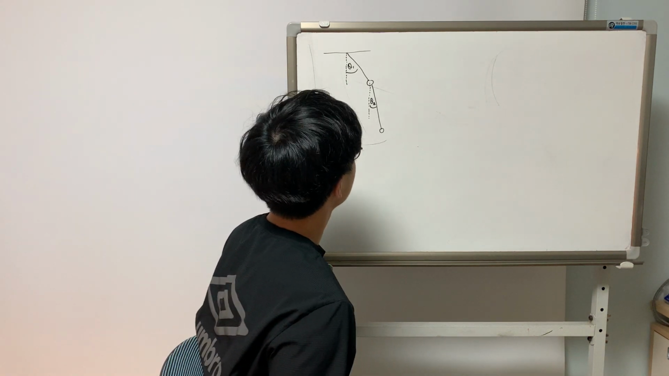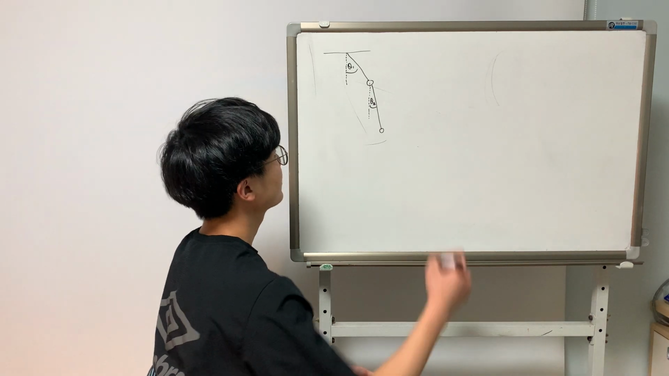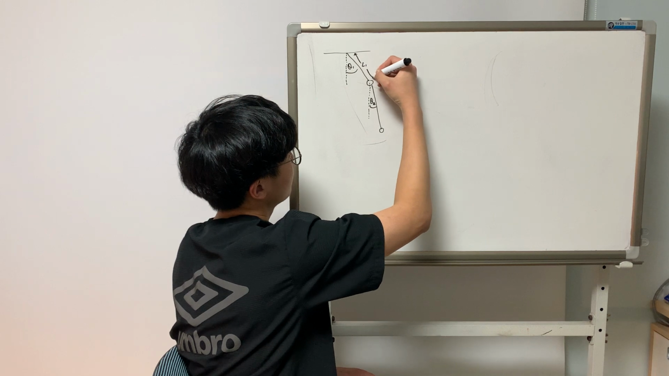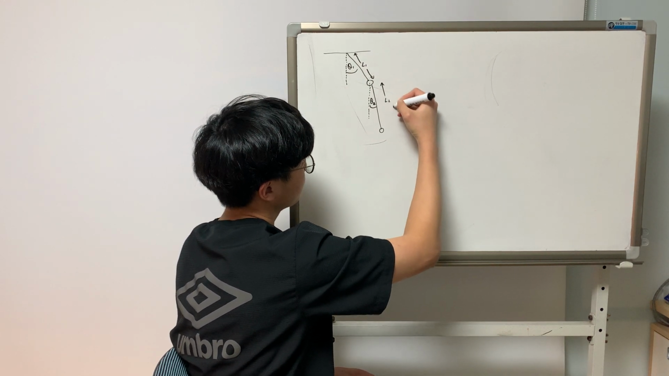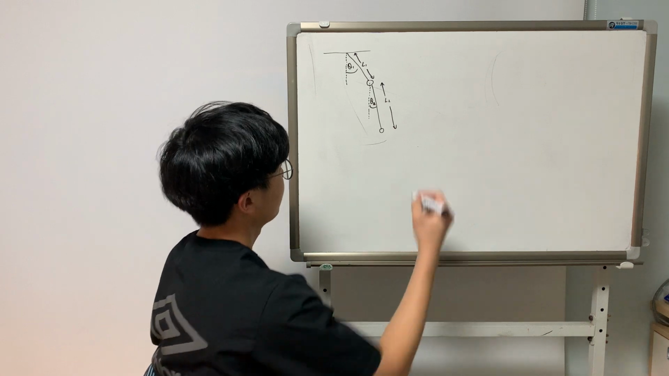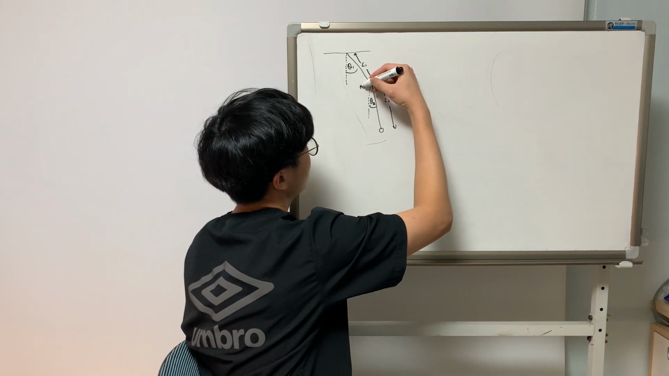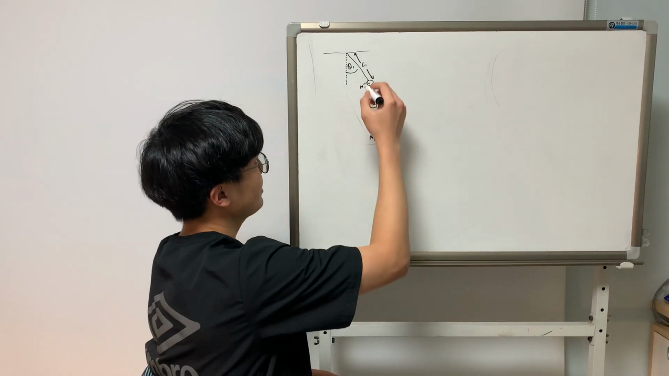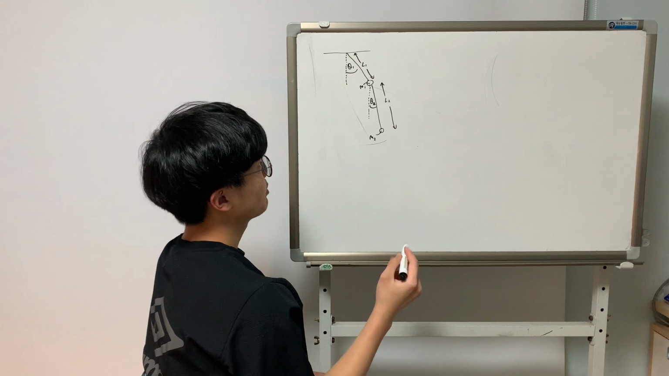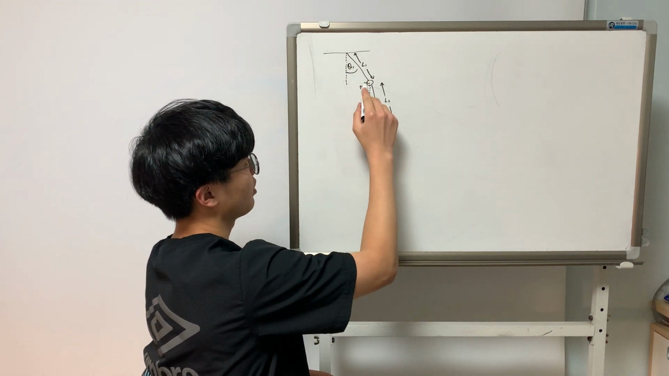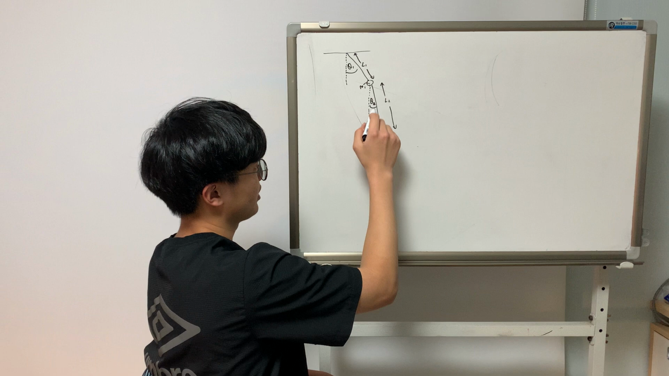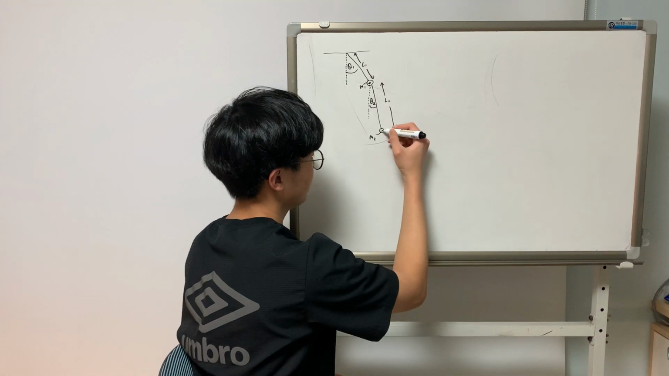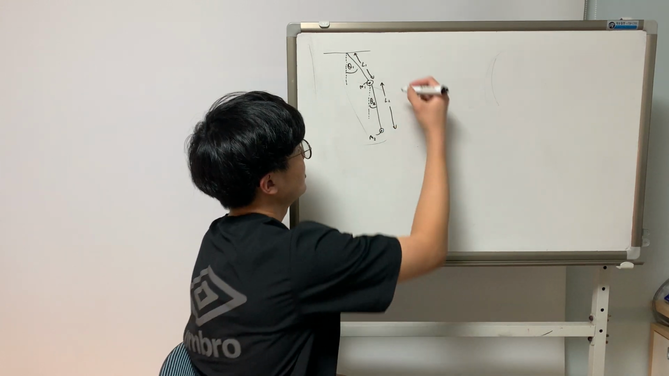Before we do that, we're going to set up some constants. I'm going to set the length of this string as L1, the length of this string as L2, and the mass of this ball here is M1, and the mass of this one here is M2. Notice that I'm using the subscript 1 for this ball here, and the subscript 2 for this ball here. We could also set the coordinates of the centers of mass of these masses, and that's going to be